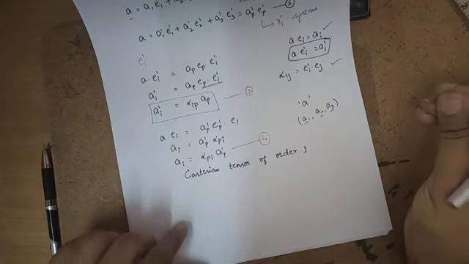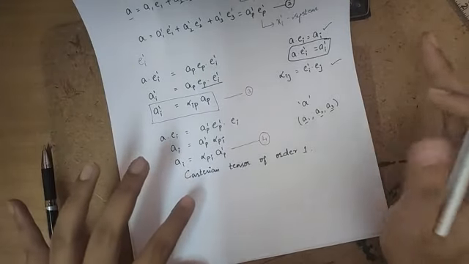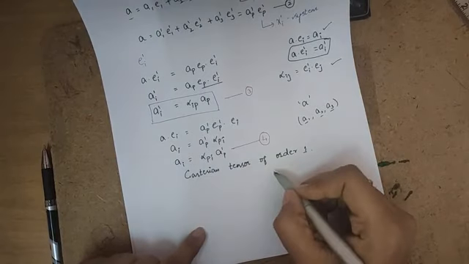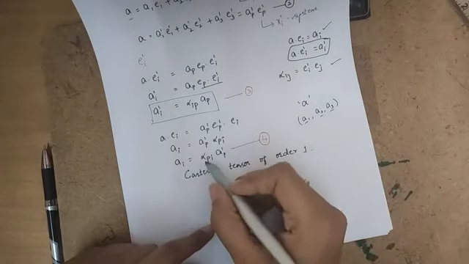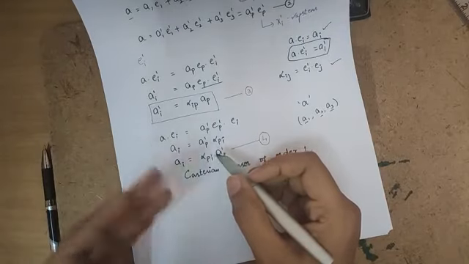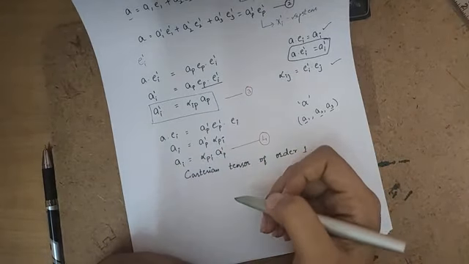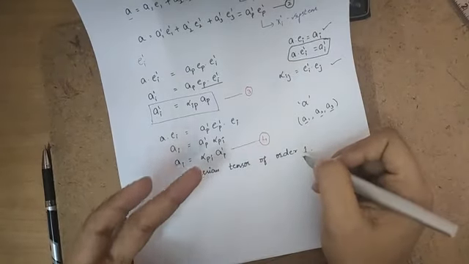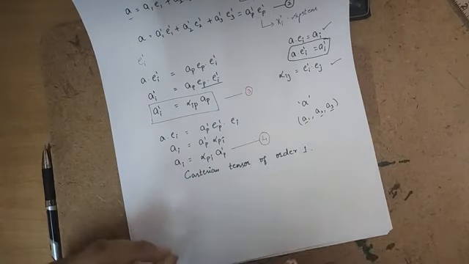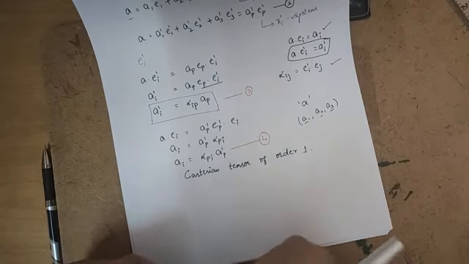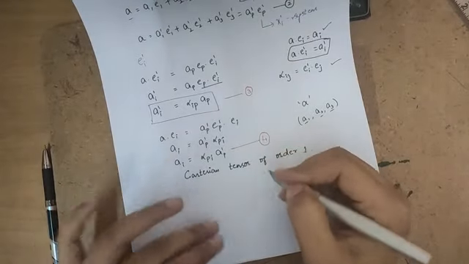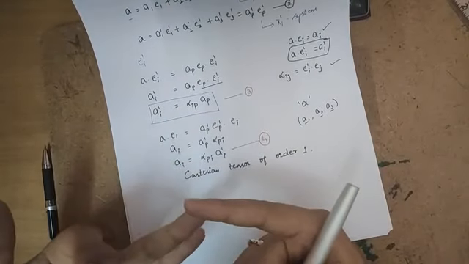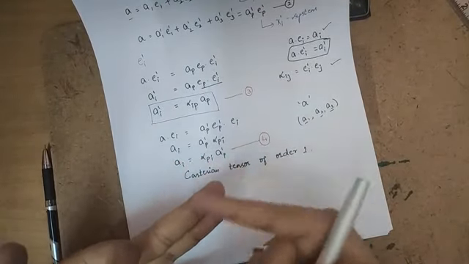For your understanding, you can think like this: if there is one alpha term, it means the Cartesian tensor has order 1. If there are two alpha terms, that is alpha pi, alpha pj, or alpha ip, alpha jq, like that, then the Cartesian tensor order will be 2. So depending on the number of alphas, you can define the Cartesian tensor's order. Now using this definition, let us define Cartesian tensor of order 1, order 2 and higher orders.